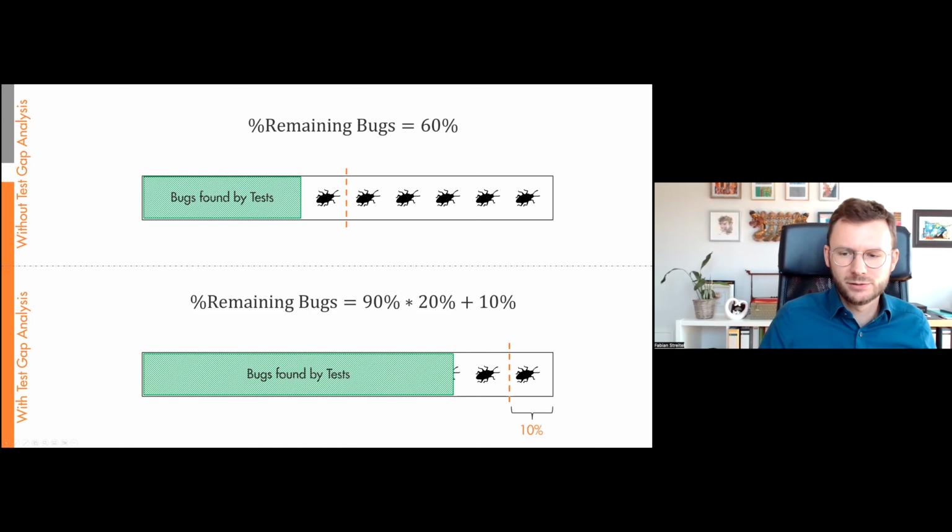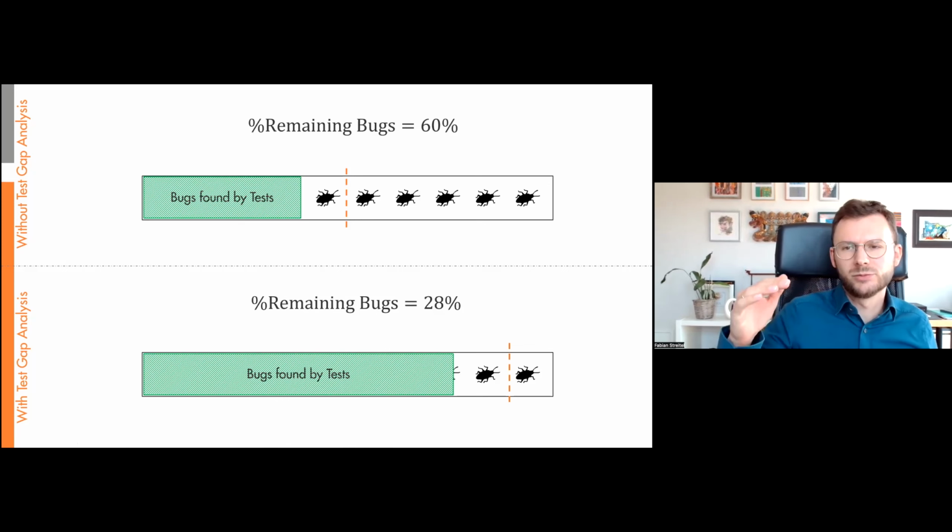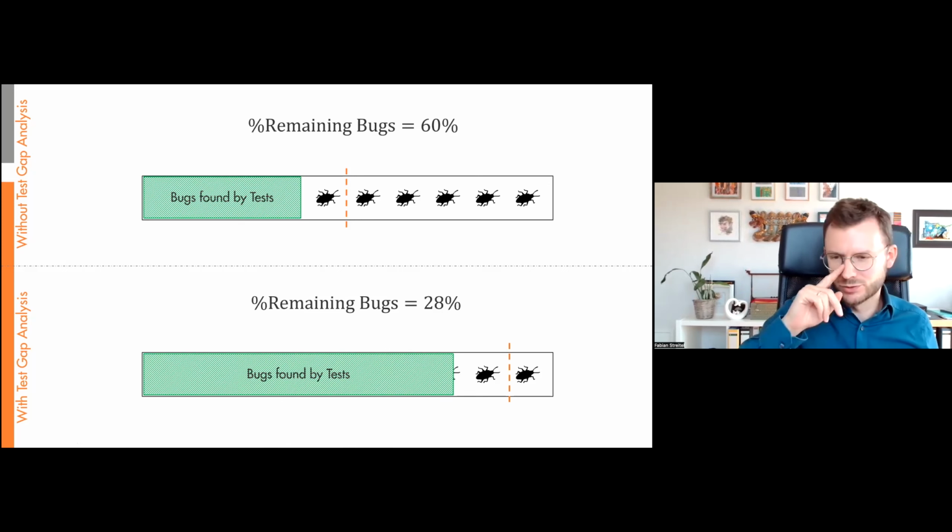So again, 20% are going to slip through our testing here. And that would be 20% of the remaining 90%, so 18%. And that in total means, if we round up, again, to be conservative, around 30% of the bugs still slip